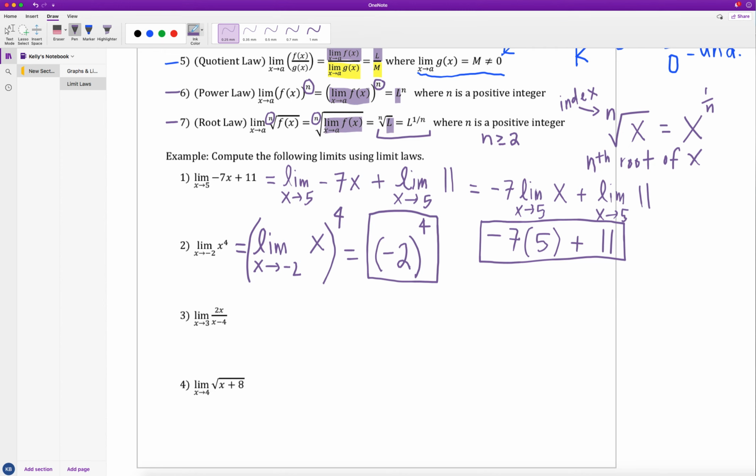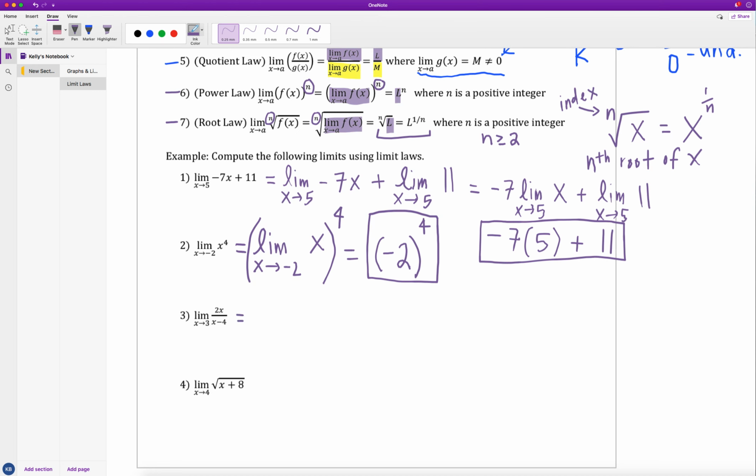Our third example says the limit as x approaches 3 of 2x over x minus 4. Why don't you guys pause the video and try example 3 on your own first, making sure to show all the limit law steps. As we check example 3 now, the first thing I notice is I have this quotient,